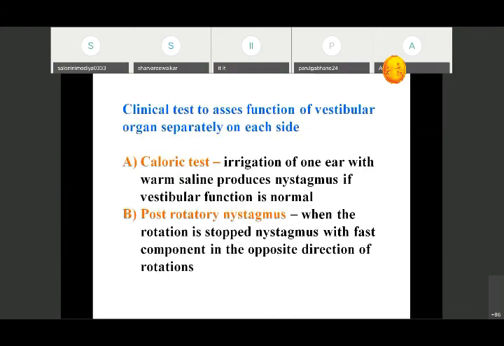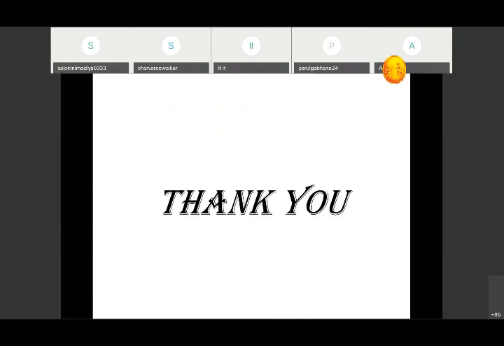So this is all about today's lecture. We have learned about the various components of the vestibular apparatus, its function, its receptor, and the mechanism of functioning, that is what all functions the utricle and saccule do. Usually a long question is asked and sometimes short notes are asked on the otolith organ, semicircular